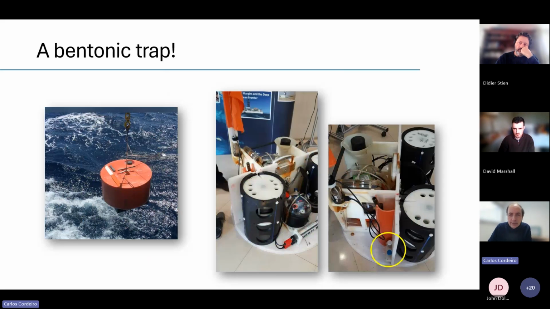And if you look closely here, you will see there are two tubes. So what do we do with these tubes? In some cases, we put tubes that contain growth media, selective growth media. Our idea is that when the OBS comes to the surface, it will bring creatures that live in the depths. And the other thing that we are collecting, of course, is water and sediments that drop from the surface, from the water column. This will be the so-called dissolved organic matter, just for the water, and natural organic matter, everything that is dropping from the surface.